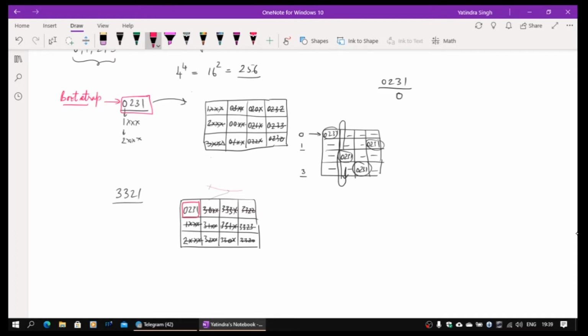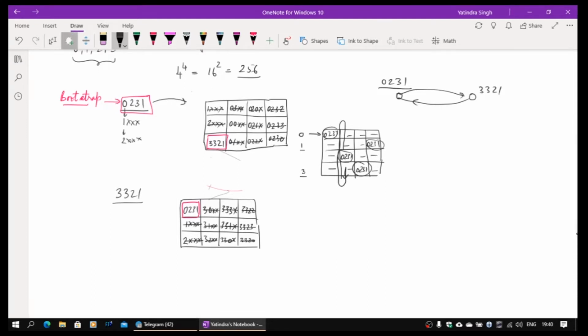Now 0231 also comes to know of this information, so it needs to update its own entry. 3321 has to come in somewhere. 3321 is going to match with this entry, so this will be updated, and we will now have 3321 here. This is a valid entry now, so I have removed the crossing. Now I have another node sitting here, and this makes a pointer to it, and this maintains a pointer to this. I am writing these routing table entries as the pointers which are maintained.